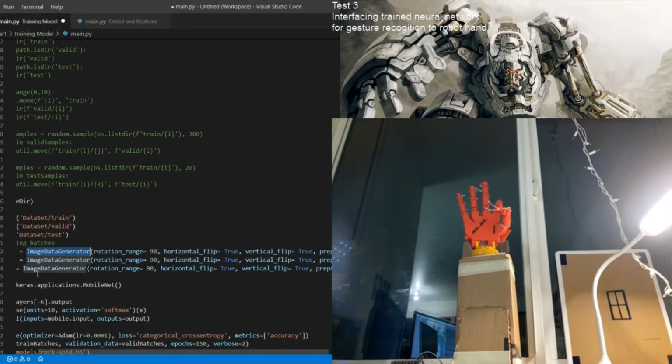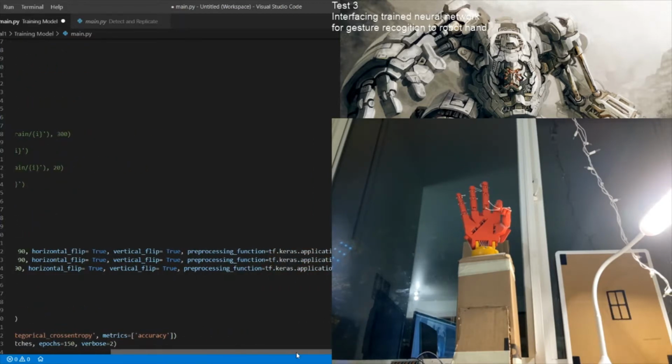If you see here in the image data generator, we set a rotation range of 90. So every time an image is taken, it will be rotated to a different angle from 0 to 90 degrees, and it can even flip horizontally or vertically. Before passing the image to the neural net, it will need to be pre-processed.